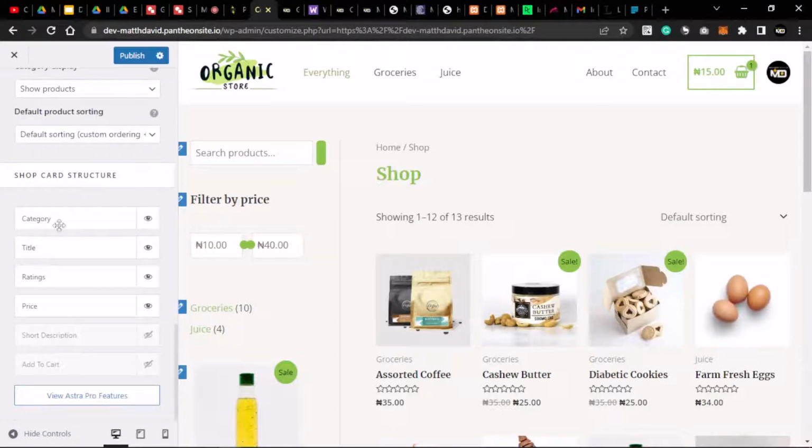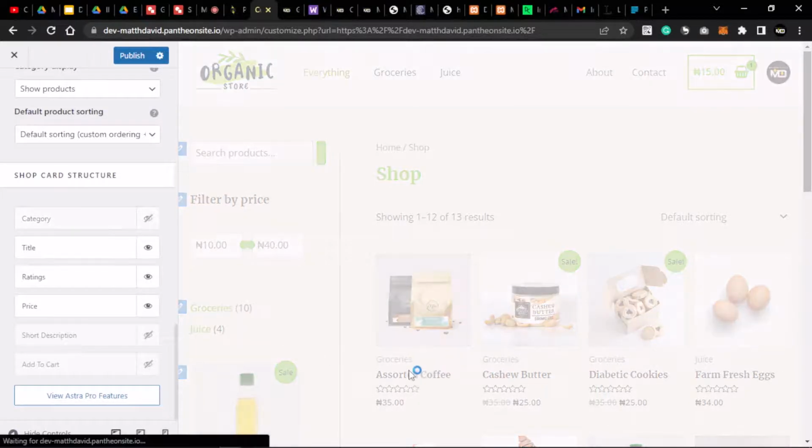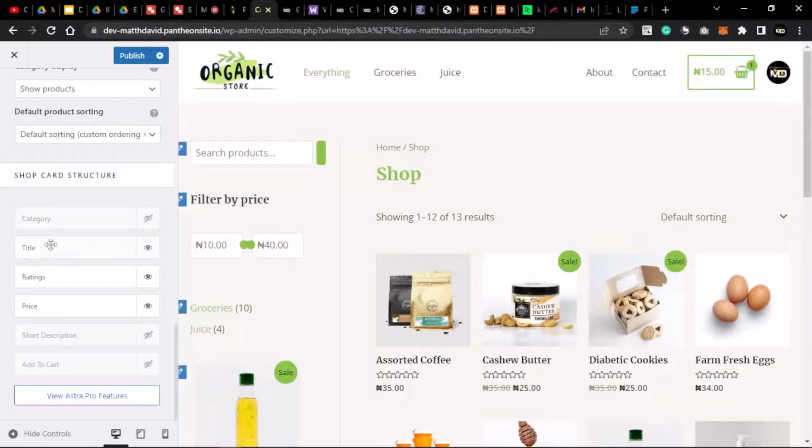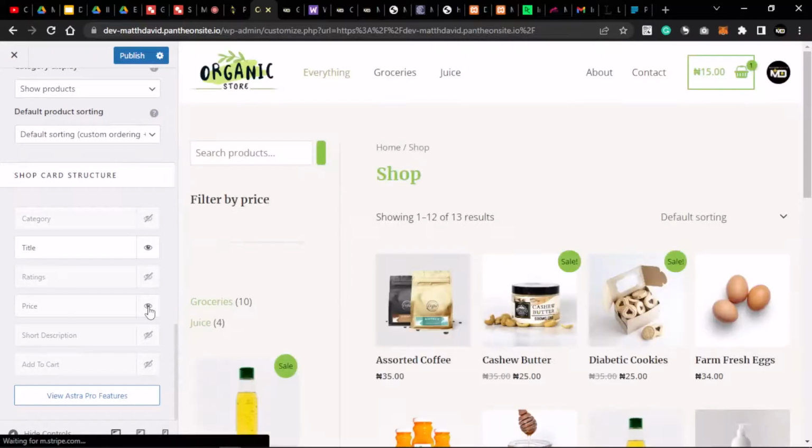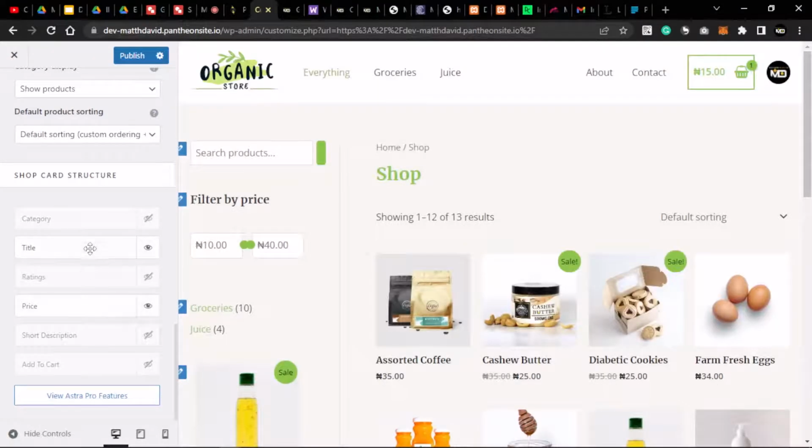So what do you want to show in a simple shop card or a products card? I want to show the category, and you can also hide that. When you hide that, you don't show the category. You do not want to hide the title of the product, because that's what they identify the product with. You can hide the ratings too. You may not want to hide the price. I think the title and the price are the important things you want to leave, and you can also